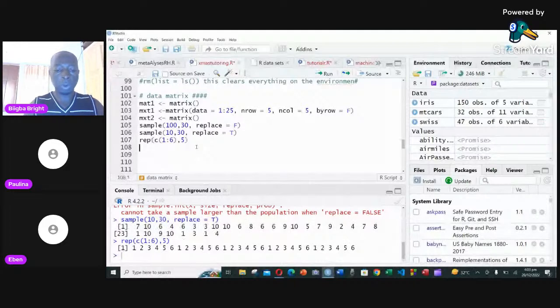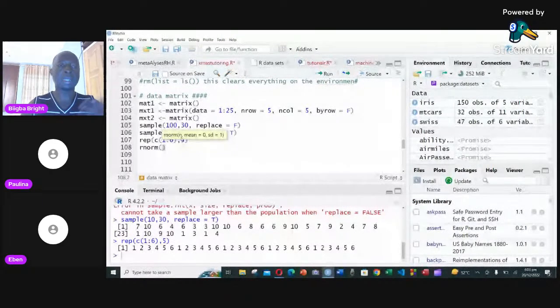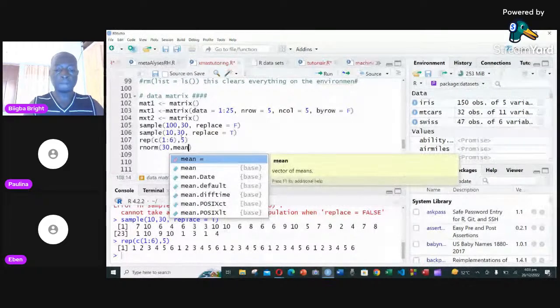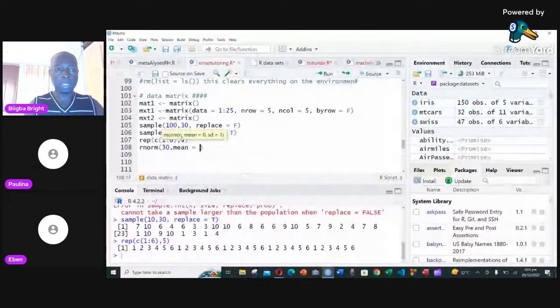We can use something we call the normal distribution, rnorm, like this. With rnorm, you can see the syntax on top. And I was saying in R all the time, when you see that you have a function, the syntax is always on top. Look at how the syntax is. So n means the number of items you are looking for. So let's say I'm looking for 30 items, and then I have to tell the mean and then the standard deviation. So it will print those items for me. If I say the mean is, let's say, equal to 4,